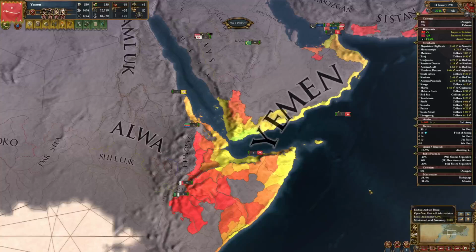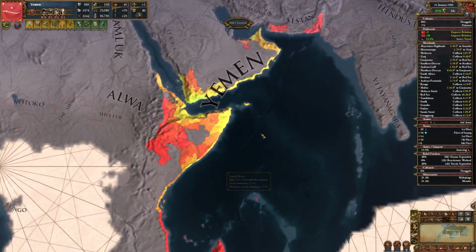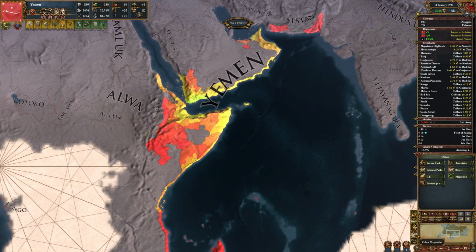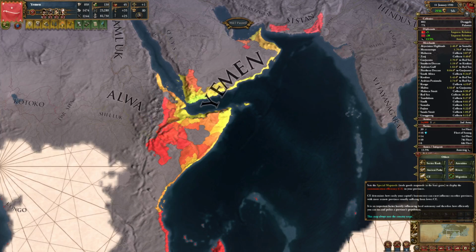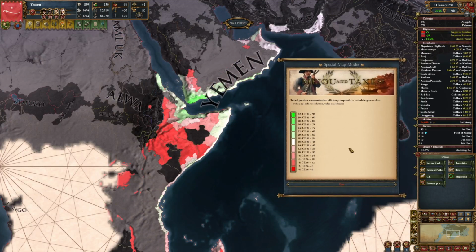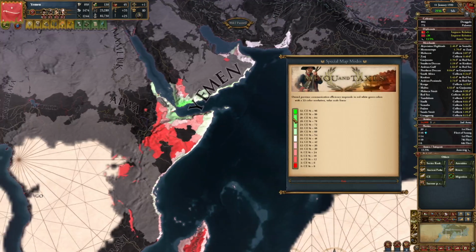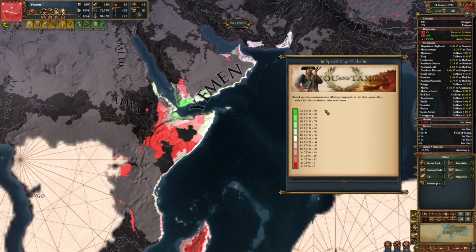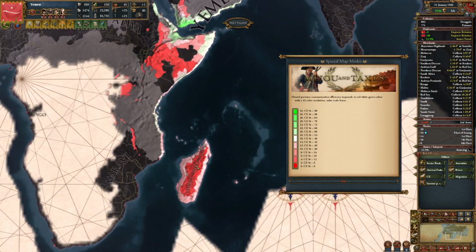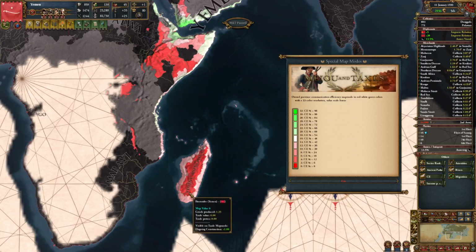And now in my realm here, you can see that the autonomies look like this currently. And if we go into the special map modes here, which is the CE map mode, you can see that it's roughly similar to the autonomy actually. So we can see that the best ones are of course here close to the capital around Aden. And then you can see that the further we go inland, the worse it gets, because we didn't build roads so far. And also here the inlands part of Somalia are basically not reached at all by our communication. And also the inlands of Madagascar are not reached. So we only have a ship connection basically here.